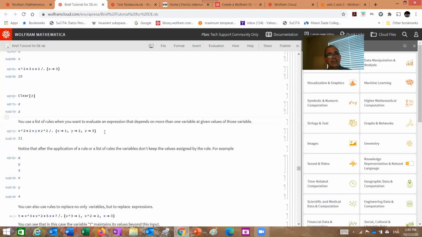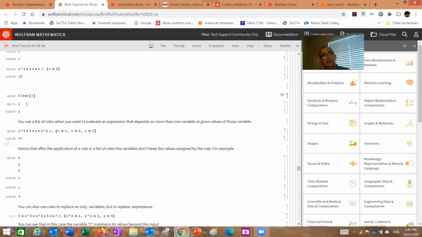Let me erase these cells here that correspond to this out. And now let's do this again. We are going to evaluate that function when the x is replaced by 1, the y by 2, the z by 3. You press enter, you get 14. You see, it does affect. I was telling you that it doesn't affect, but it does affect because the system was